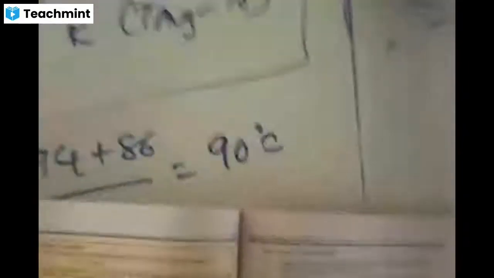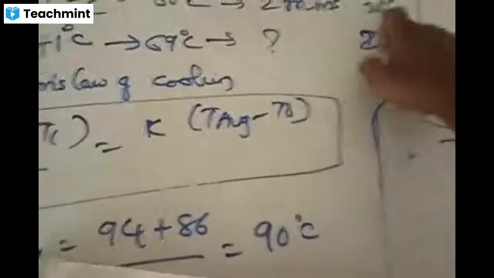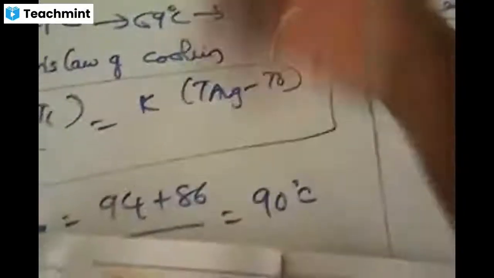Can you try this? Case 1 is from 60 to 50 in 5 minutes. T naught is not given. These three are given, this is not given. In the second case also, these three are given, this is not given. Now again use the same methodology. You'll get two equations with T naught. You should solve for T naught in that. How to solve two equations for T naught? Addition or subtraction, or using simultaneous equations, something like that.